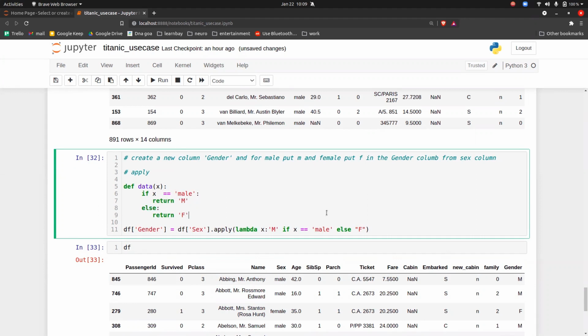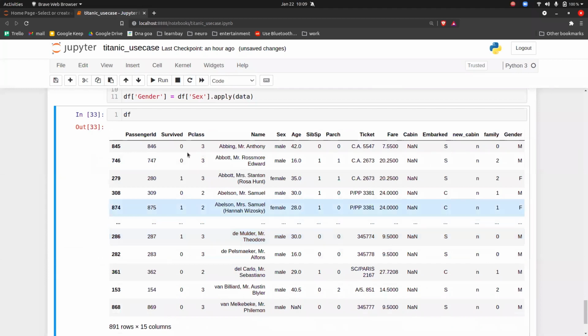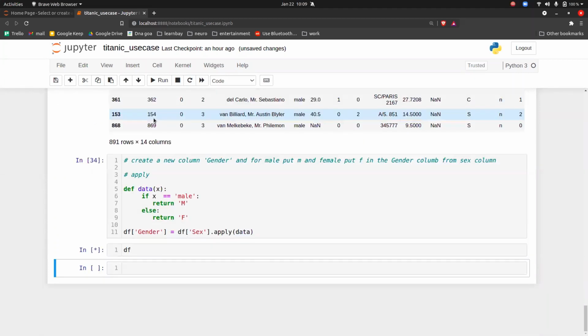If you want to use a function here, then you can use data, execute it, and yes, you get the answer.